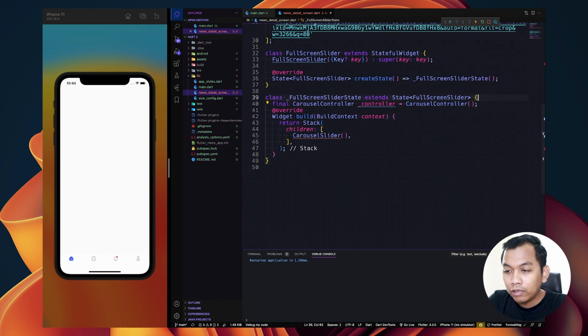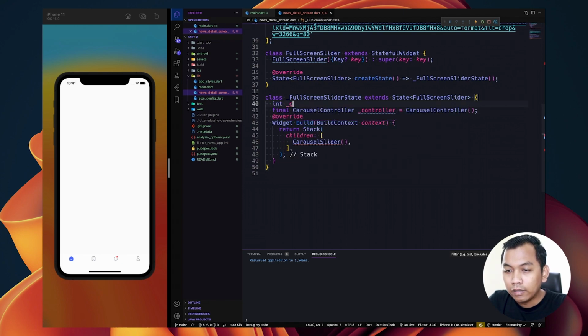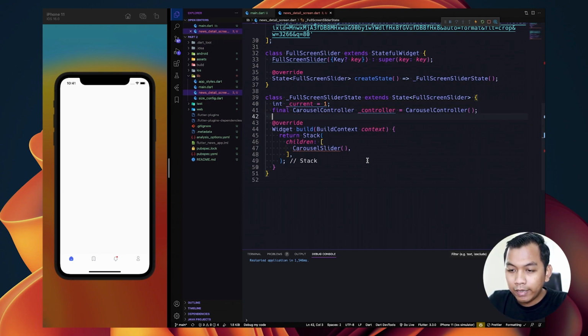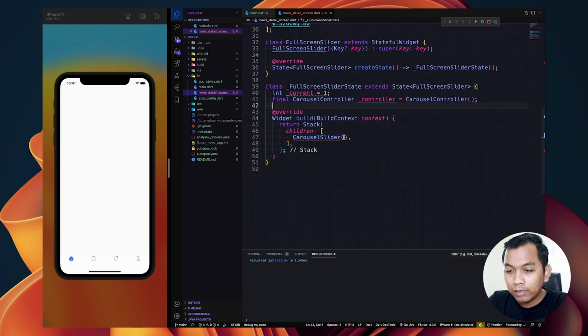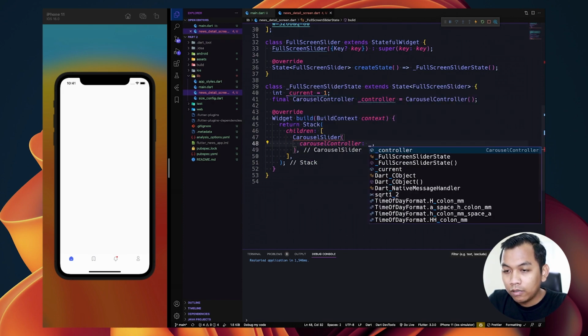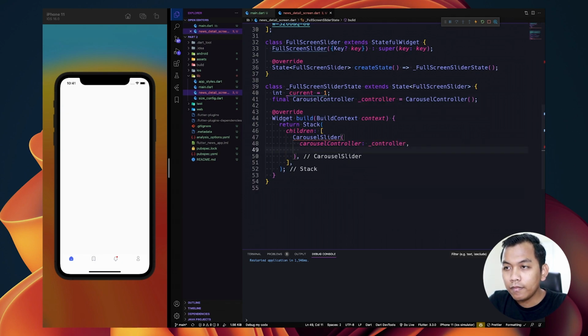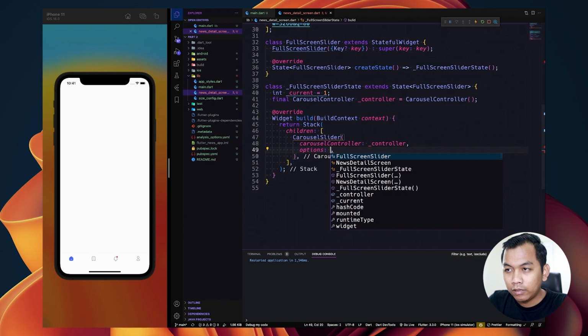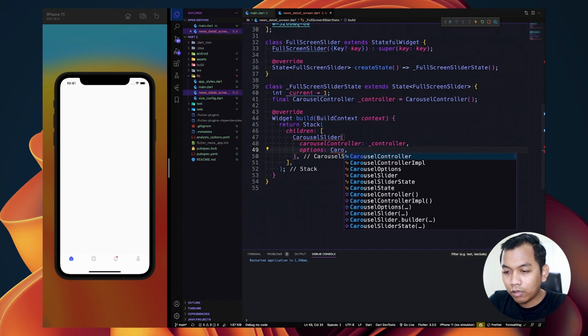And the next one, we need to create a new variable, name it as current, and give it a value of 1. Alright, and inside this carousel slider, let's say carousel controller, paste the value with controller.